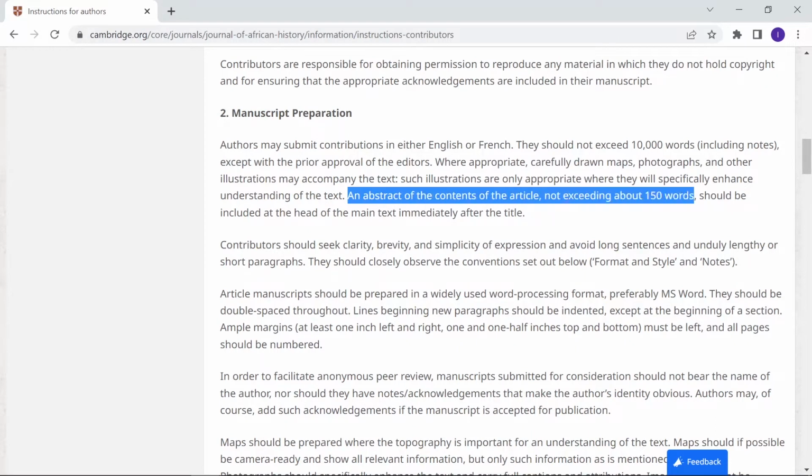Quite often the organizers of the conference or the journal will specify the number of words you can use in an abstract. So it can be 150 or 200, sometimes even up to 300. And so you should respect these requirements and write your abstract accordingly. And remember, the point of the abstract is that it's a brief description of what's in your presentation or your